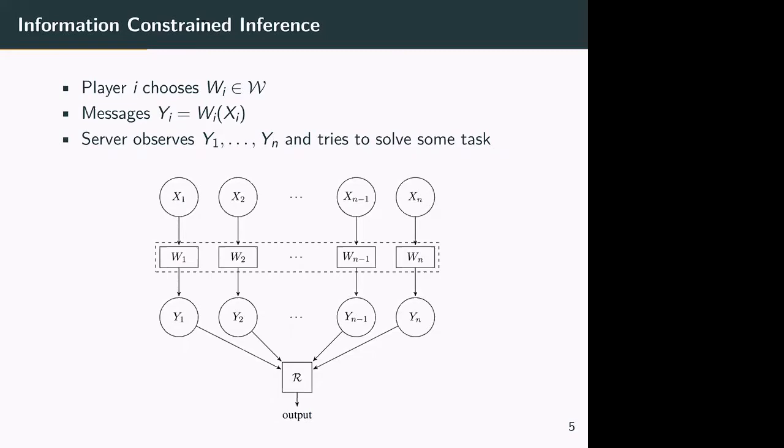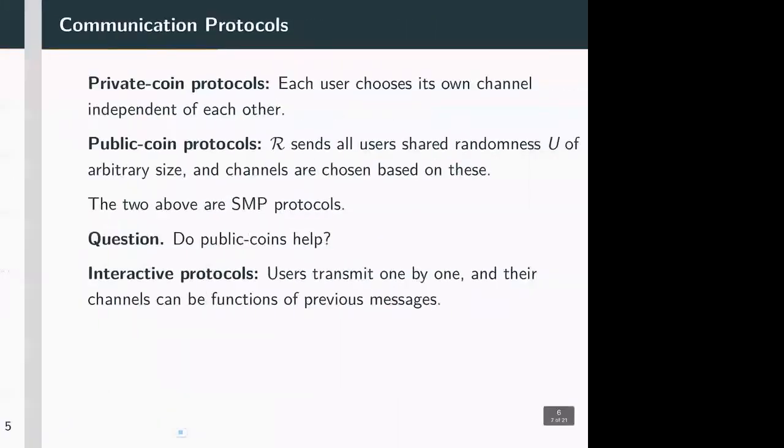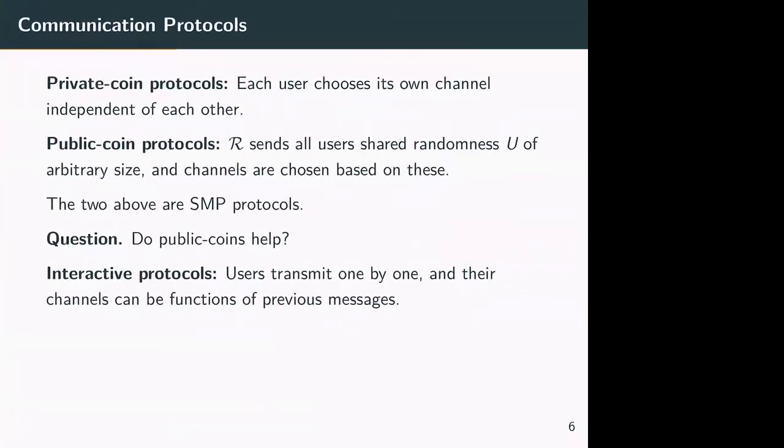So the easiest is to consider what are called private coin protocols, where each of the users is going to choose their own W independent of what others do. Now, one way to think of it is you have a hardware that already has the exact channel that's being used by the players. Or you can think of each of the players as using the basic RAPPOR scheme. So all of them use the exact same channel W. You can also